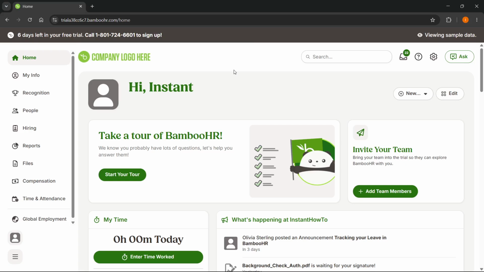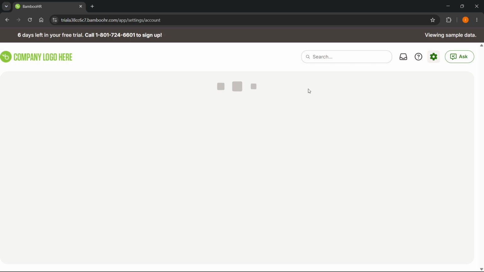In this video, I'm going to show you how to clock in on BambooHR. Now to do this, your admin first must enable the clock in option. So if you are actually an admin, what you want to do is go to your settings, top right over here. And when you click on the settings cogwheel, you then want to enable time and attendance,